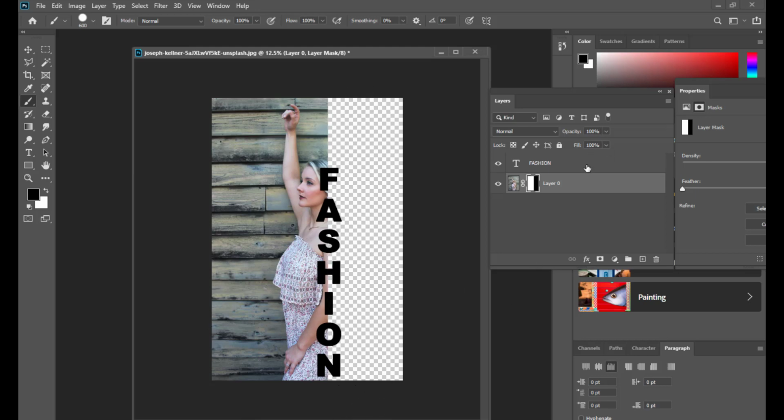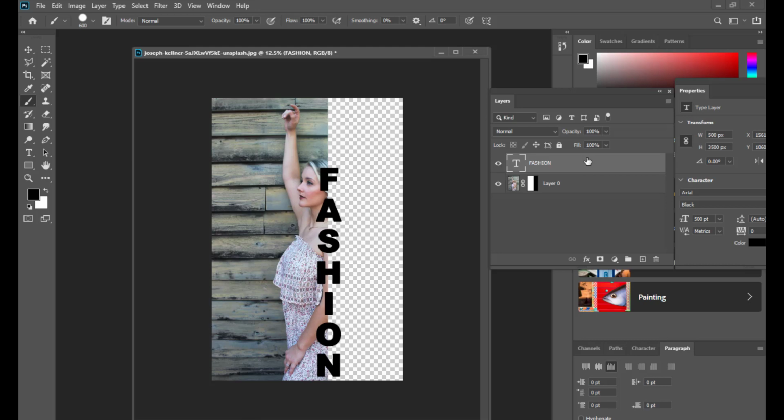Okay, and you can slightly move the text to the left using arrow keys, in case you think the image you have erased is not exactly half of the text. Okay, so now that we have done the basic necessary things with the text as well as with the image, now the next interesting part.